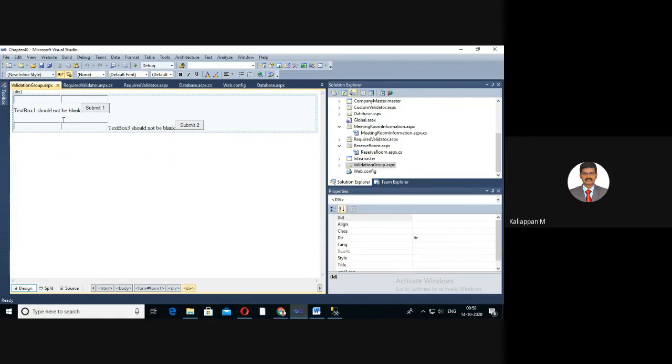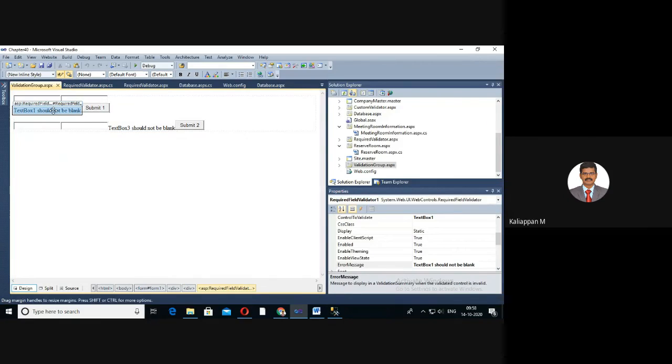This kind of situation is handled using validation group. This is one validation group control, this is another validation group control. So this validation group control handles this group, and this one handles these groups.